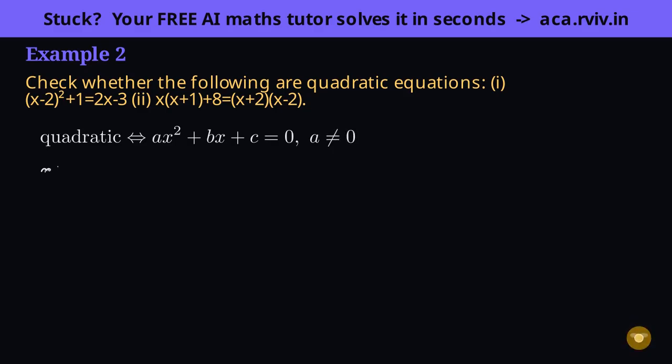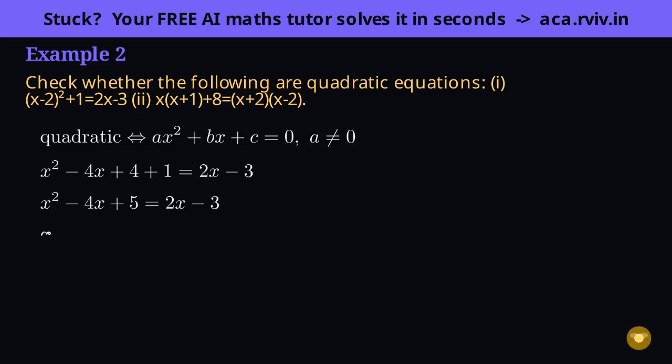For part 1, expand the square on the left. Remember, x minus 2 squared is not x squared minus 4. It's x squared minus 4x plus 4, using the full a minus b squared pattern. Then the plus 1 tags along. Tidy the constants on the left. 4 plus 1 is 5. Nothing dramatic yet, just housekeeping so the next step is clean.